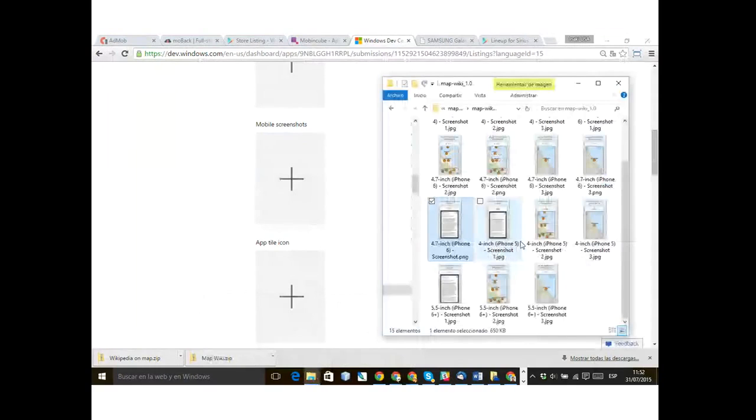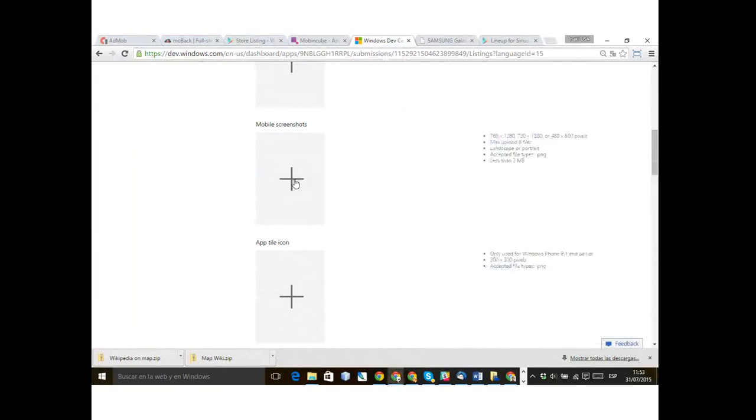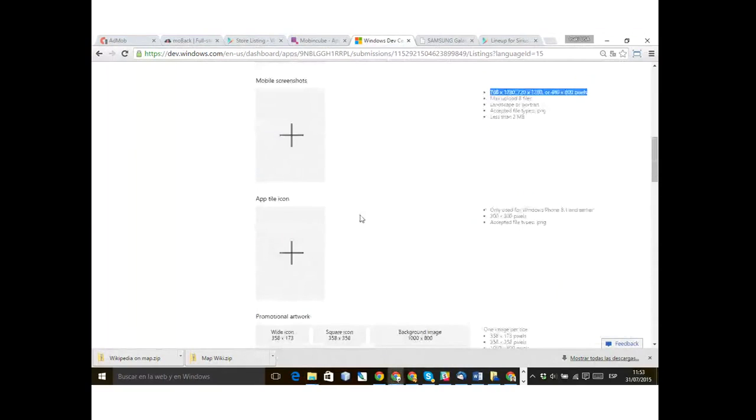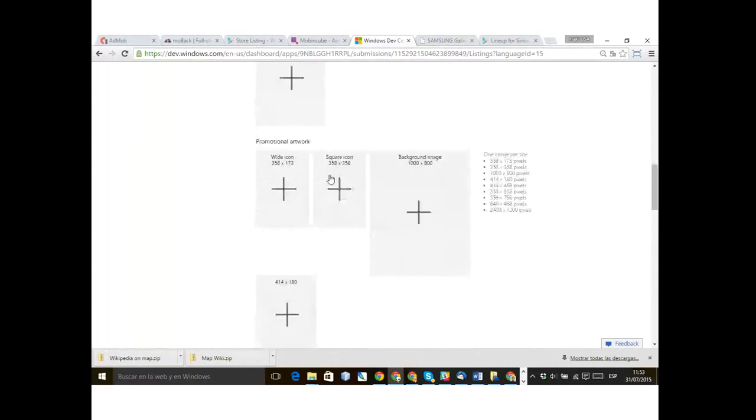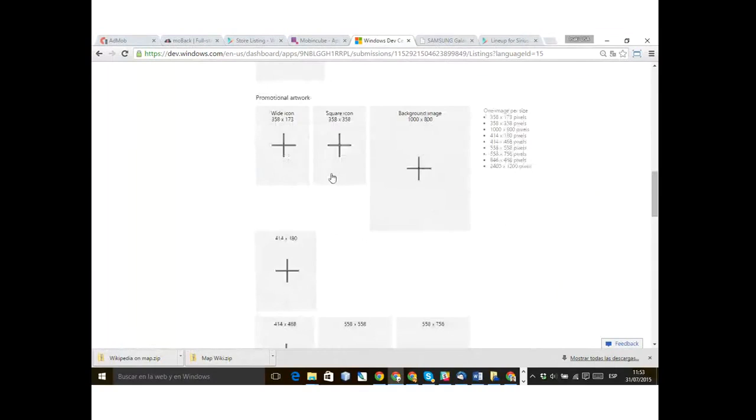Here, mobile screenshots, invalid size. Oh, it's for iPhone. Well, the thing is that you just upload screenshots in this size, and then the icon in 300